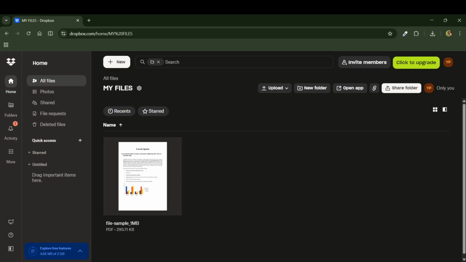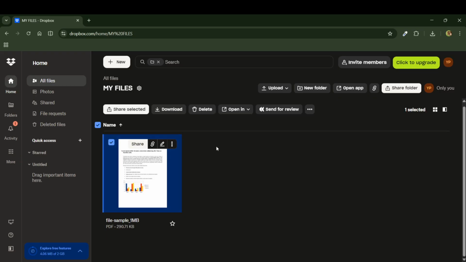Start on your Dropbox Files page and locate the file you want to download. You can browse through your folders or use the search bar if you know the file's name. When you see it in the list, look to the left of the file name and click the small checkbox. That selection tells Dropbox which file you're working with and reveals the actions you can take. If you have a lot of items on the screen, double-check you've selected the correct file by confirming the name